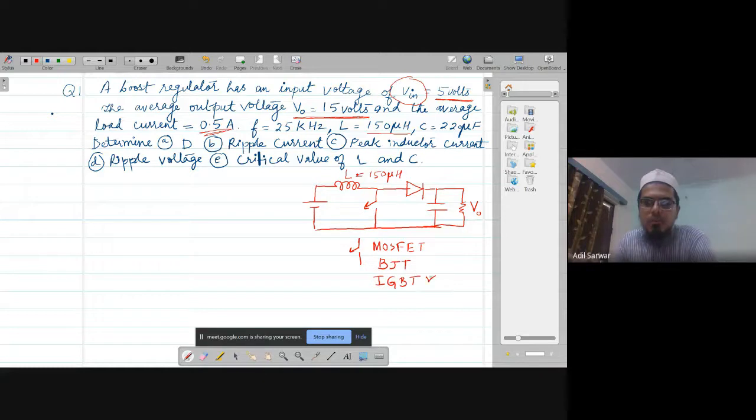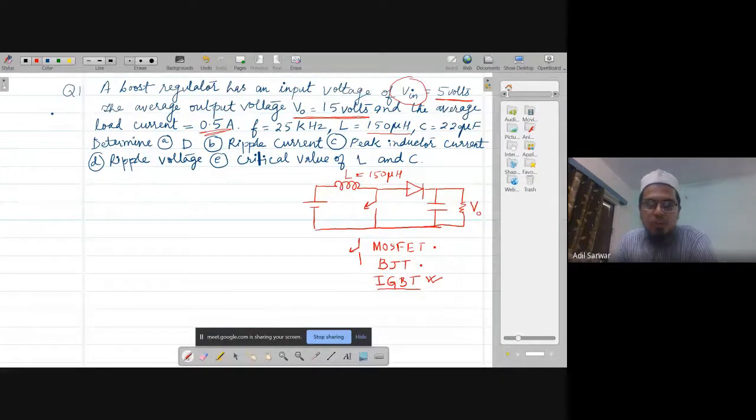But the IGBT is more prevalent nowadays because of its superior features. As I had told you, the IGBT incorporates the good features of the MOSFET and the BJT. The good feature of the MOSFET is that we can operate it at very high frequency, while the good feature of the BJT is that the conduction loss is very low. The bad feature of the MOSFET is that the conduction loss is quite high. As we go on increasing the current level, the losses associated with the MOSFET are quite high, so it is normally not used for high current application.